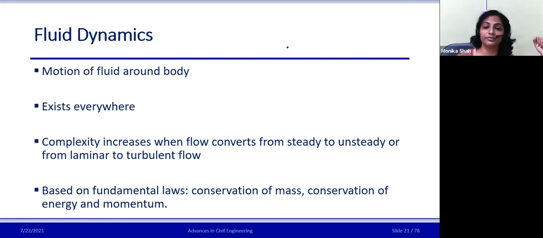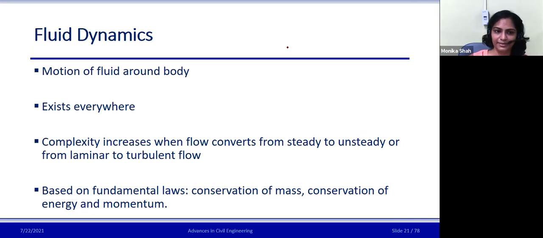In these particular cases, we are computationally finding that our complexity can be increased when your flow converts from steady to unsteady flow. Steady flow means we consider that the fluid properties are not going to change with respect to time. Whereas in actual conditions, if we are talking about a river that starts from point A and reaches point B in a few kilometers, it's not possible that we will have a steady flow from point A to point B. It's not possible, right? So in such cases, the unsteady flow is to be considered